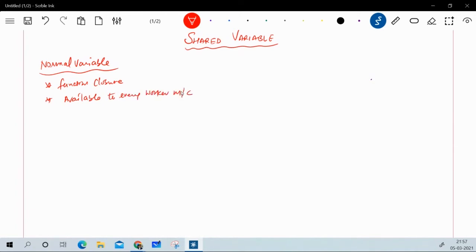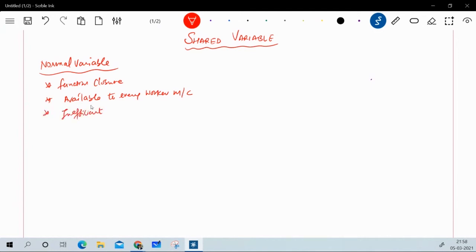Whenever we write any code that is part of the closure, whether it's a variable or a function, it is available to every worker node in the cluster, and this makes it inefficient.